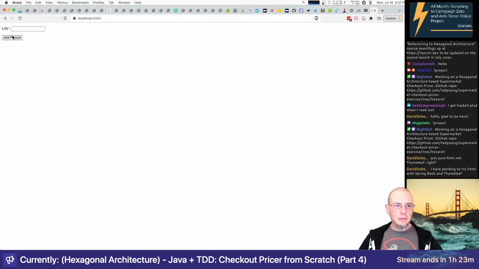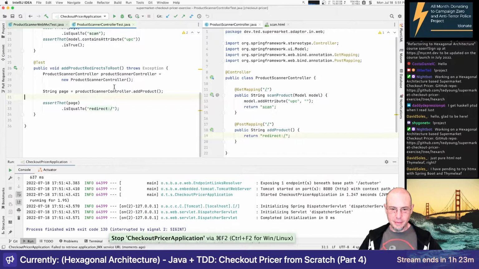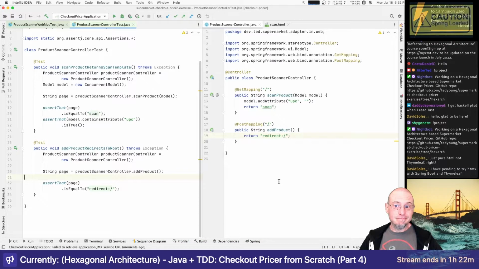Right, and so trust me, it's redirecting back so quick we don't see it. All right, great. So now what? Well, add product should actually add the product. We will want to write a test where